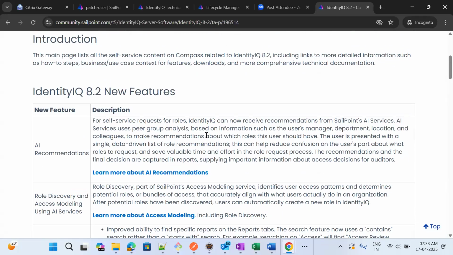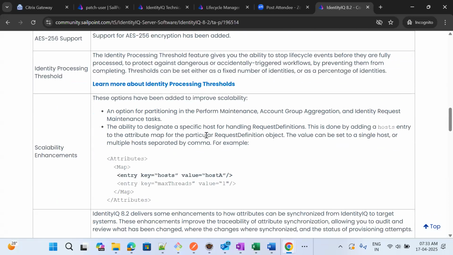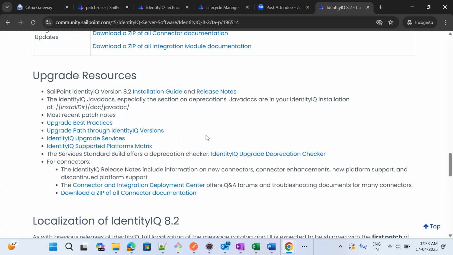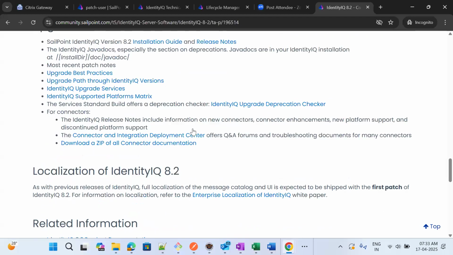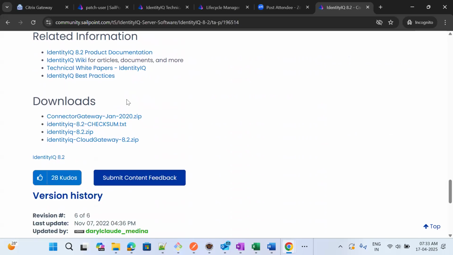So what is newly added in 8.2 version, what is removed, everything will be mentioned here. So this is basically kind of product release notes. You can check the release notes if you want, like what is new here, if you are curious to explore. But in order to download, we have to come to this download section, and within the downloads, we